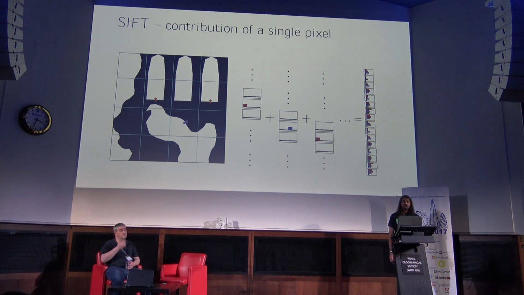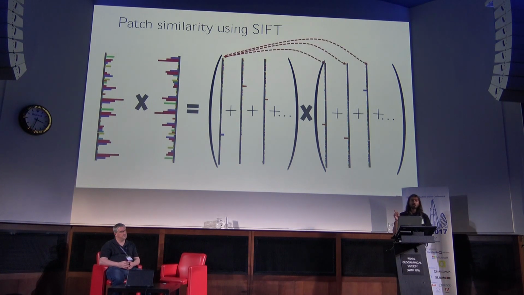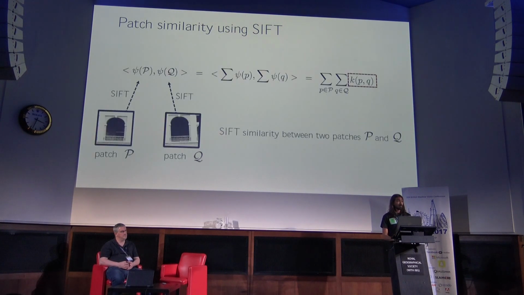Okay, but how does this help us? It helps us when we look at patch similarity when we use SIFT. When we use SIFT, we usually just take an inner product of the descriptors of the 2 patches in question, which means that we multiply corresponding elements. And when we look at these as aggregations of pixel embeddings, you can clearly see what's happening. The first pixel is going to be compared to every pixel of the second patch, and similarly for the second, the third, and so on. So every pixel of patch P is going to be compared to every pixel of patch Q by the simple operation of inner product. And how exactly is this comparison done? It's done using this function k of p, q. This is what we call the kernel.